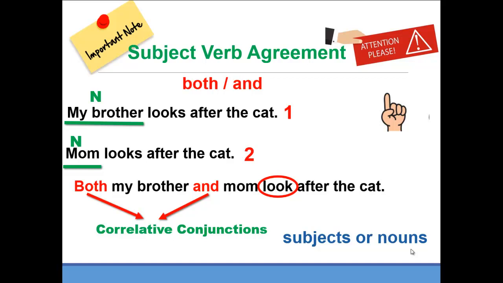So you will have to remove the s from the verb because now the subjects are connected, the subject is plural, so the verb has to be look to follow that subject-verb agreement so that it will agree with the subject. Another example,